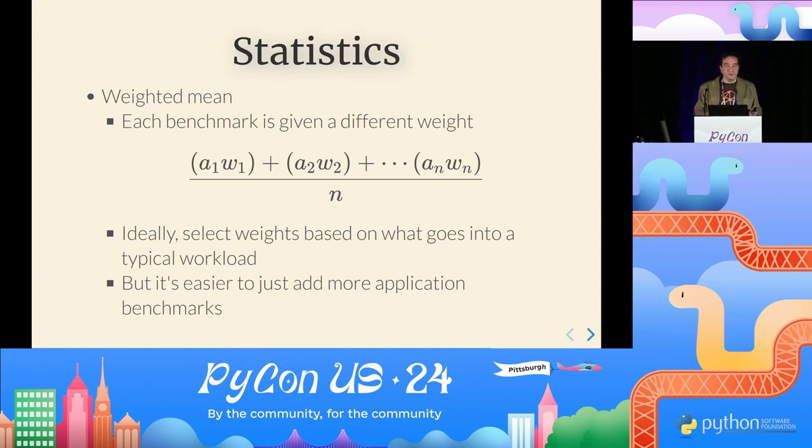So if you know that 20% of Python code has a list comprehension or whatever that might be, you would weight that benchmark a certain way. But it's a little bit of a cyclical problem, because if you knew what went into a really good workload, well, it's actually a lot easier to just write a really good workload benchmark. So I haven't put a lot of effort into this, and I'm not sure it helps versus just adding more